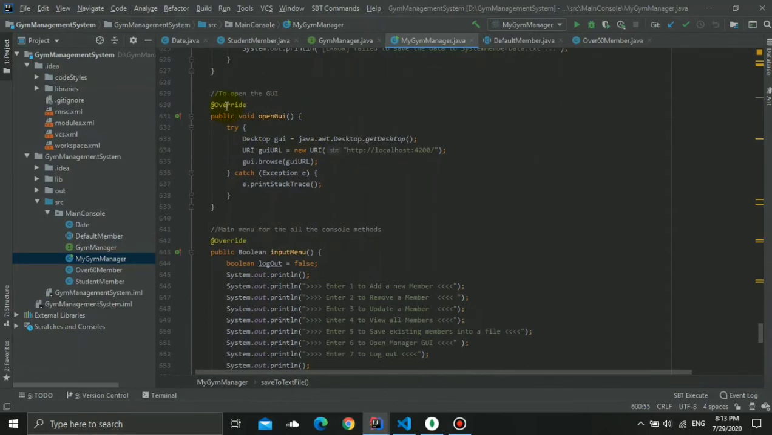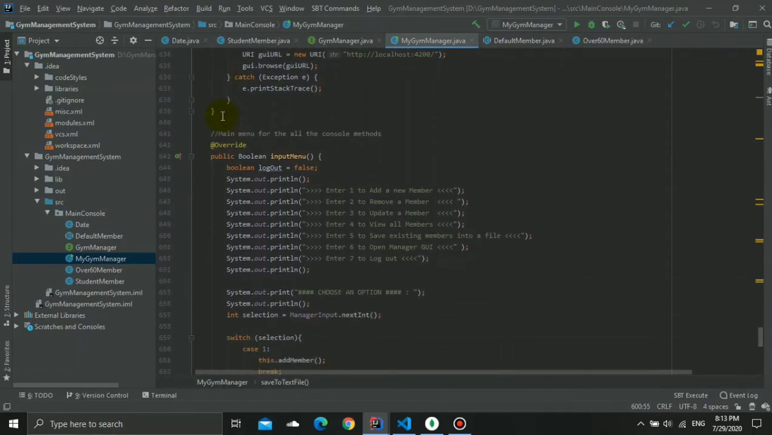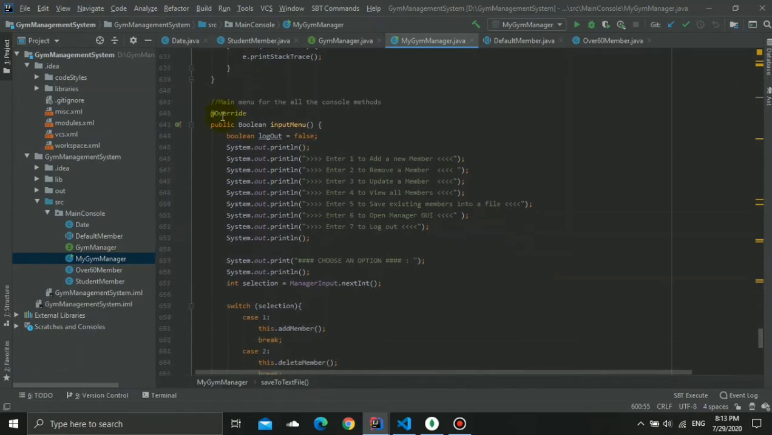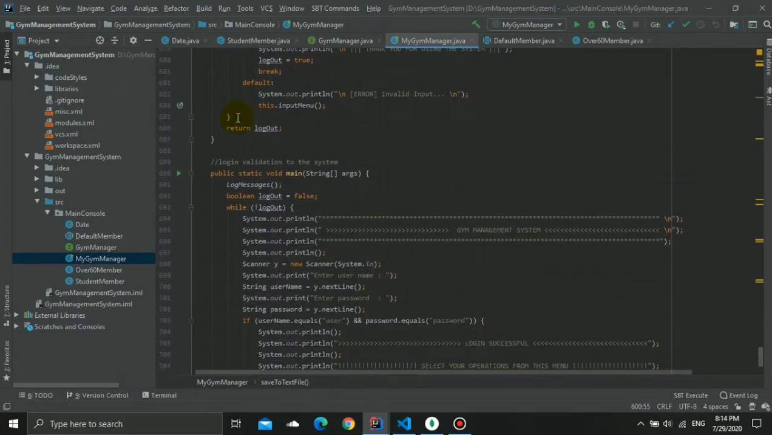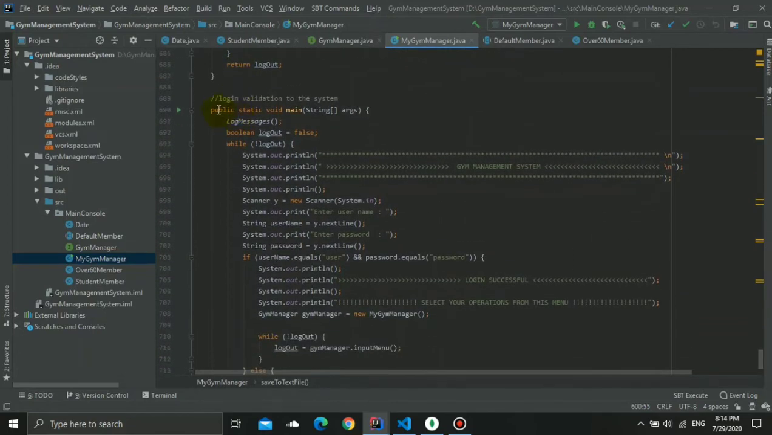Next we have the method to open the GUI from the console. And next we have the method for all the menu in the console. And this is the main method of the system, which calls